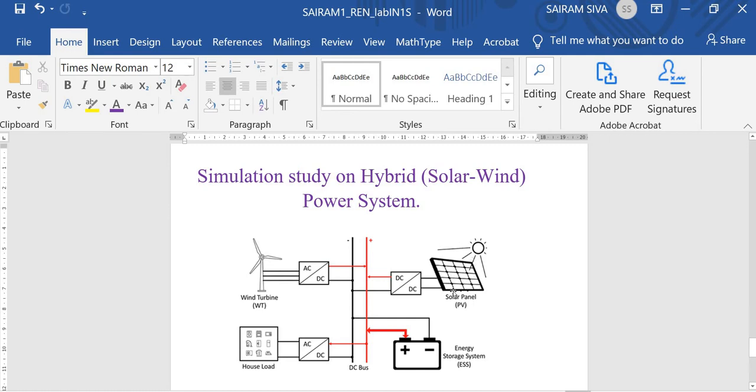The solar panel is another source. The output of the solar panel is, as we know, DC, but we are not able to integrate that DC directly with the DC rail or DC grid. For that purpose, and also for maximum power point extraction, we put in a DC to DC converter. The output of that converter is connected to the DC rail or DC grid.